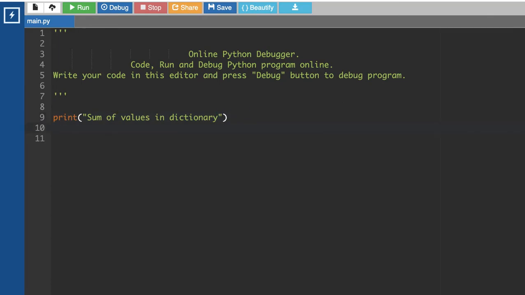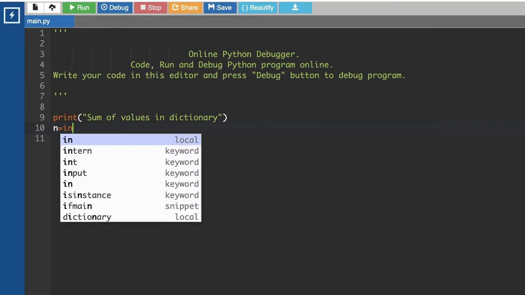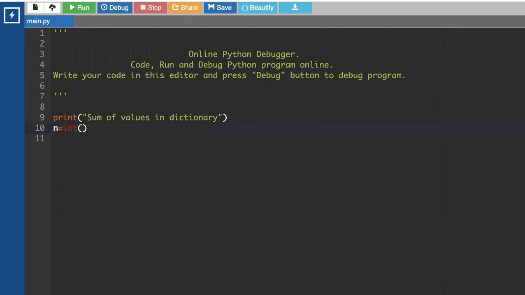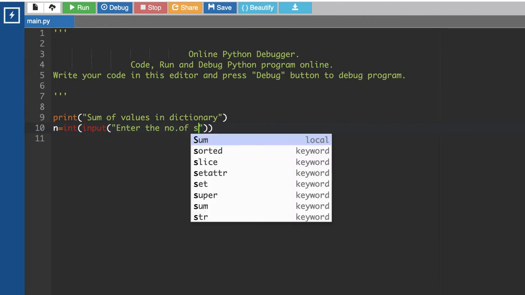In this program, I'm going to store student names and scores in the dictionary. First I have to get the number of students. It should be an integer. Using the input function we can get the value, but the input method always gets a string, so I convert it into an integer. I'm giving the text, enter the number of students.